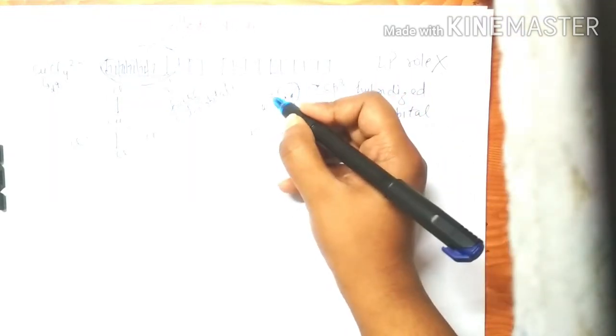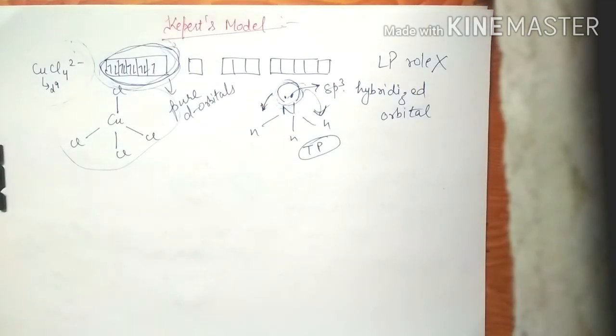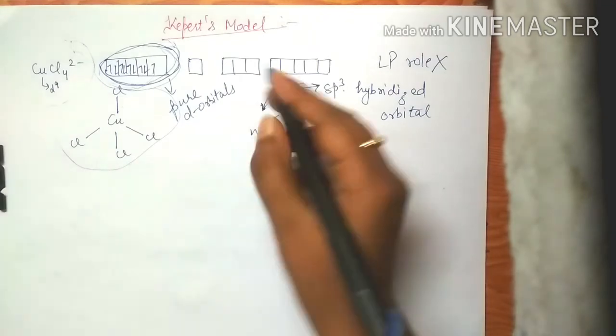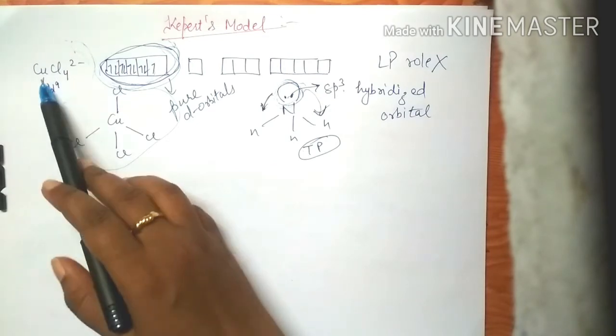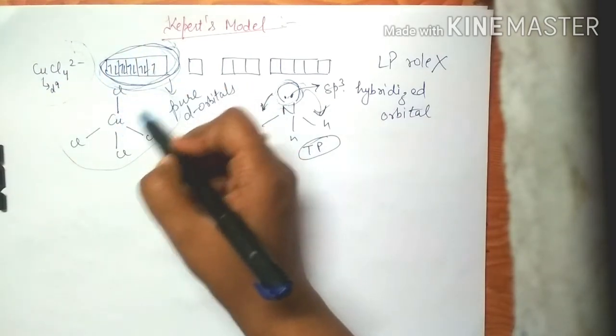So this sp3 hybridized orbital having electrons shows repulsion from these bond pairs. So due to that reason it has trigonal pyramidal geometry,